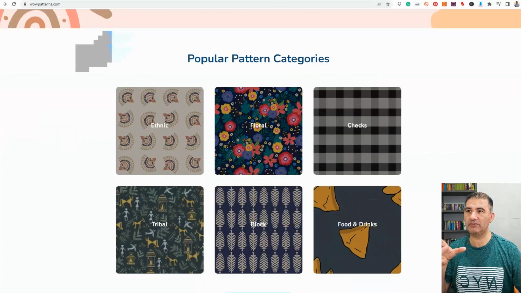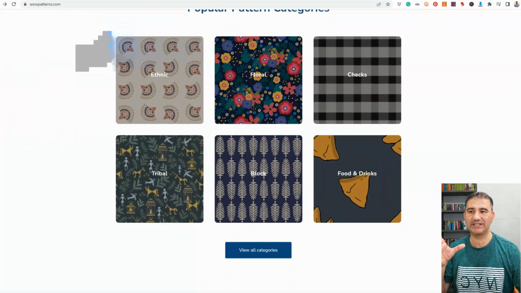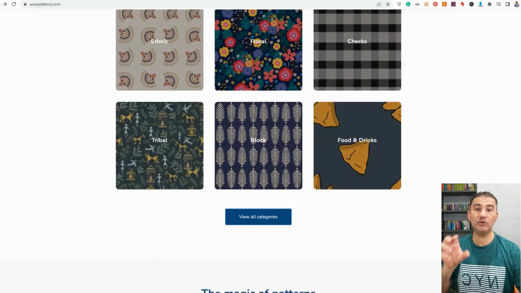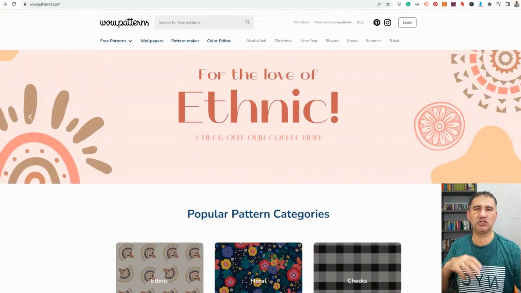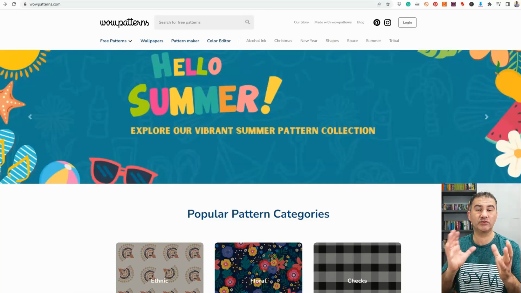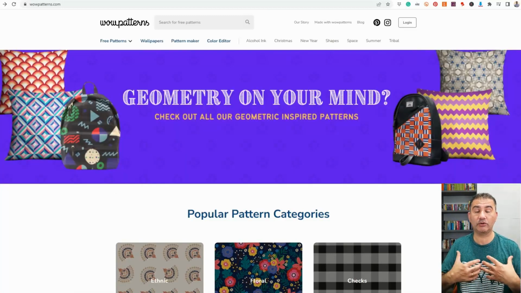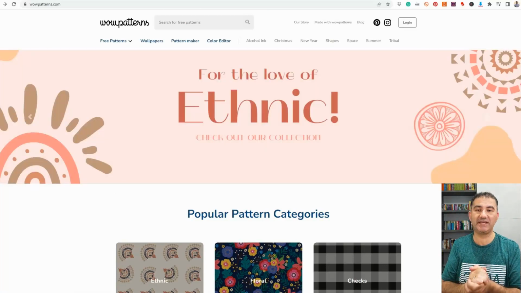Now, this website shows some of the popular pattern categories that you could actually download and utilize. You do have to give attribution when you are using the patterns that have been generated on the website. But we're not here for that. We are here to create our own unique patterns so that we don't have to worry about giving attribution or any kind of commercial or copyrighted material or any of those issues. We don't want that. We want to create some unique patterns that are going to be based on our creations, on our imagination, and really go to town in giving our clients some amazing things to look at, to browse through,